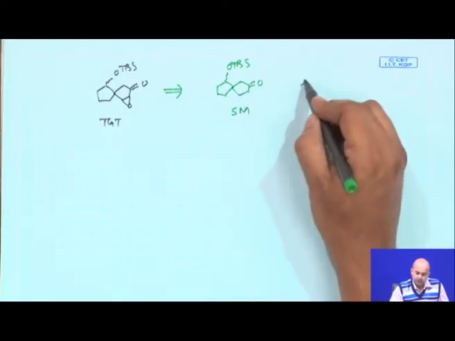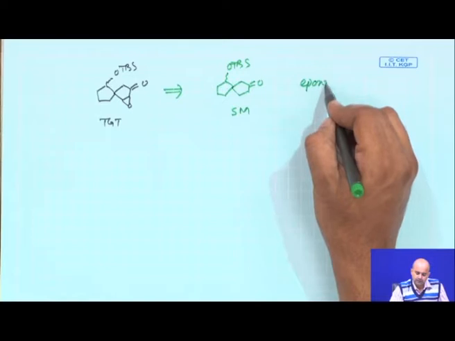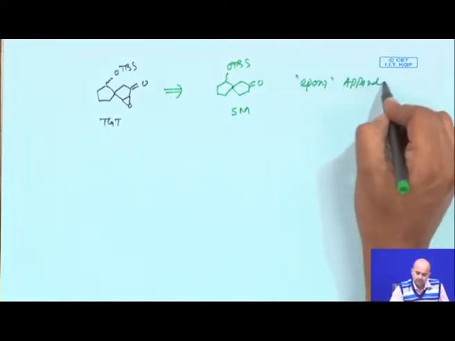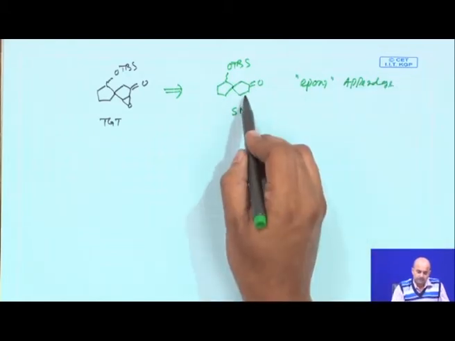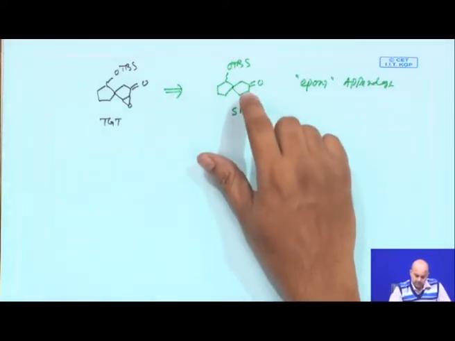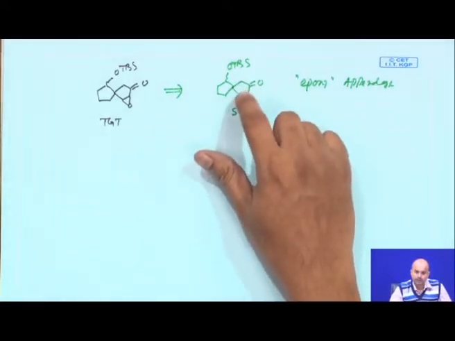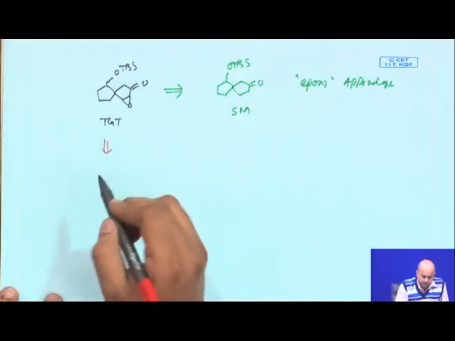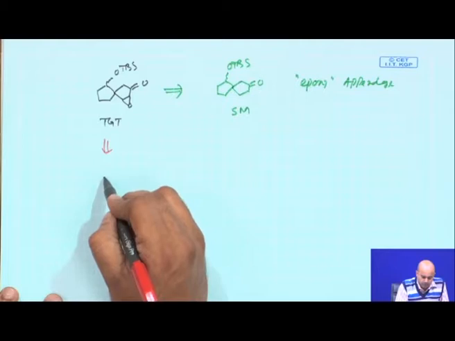appendage at this part of this carbonyl compound. To bring the epoxy appendage, basically you need to create a double bond, a pi bond. So, now let us do the retro. If you now try to do the retro,